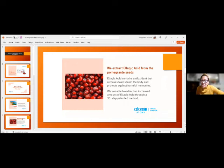So this ellagic acid that comes from the pomegranate seeds contains antioxidants that remove toxins from the body and protect against harmful molecules. That's what I said earlier. The main benefits of pomegranate fruit is that it is rich in antioxidants and flavonoids, both of which are known to prevent free radicals from damaging our cells. Once our cells are damaged, that's it. So how can we prevent this? Pomegranate is one of the highly antioxidant fruits that removes these toxins from the body and protects us against